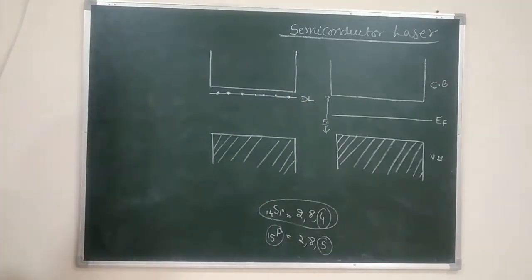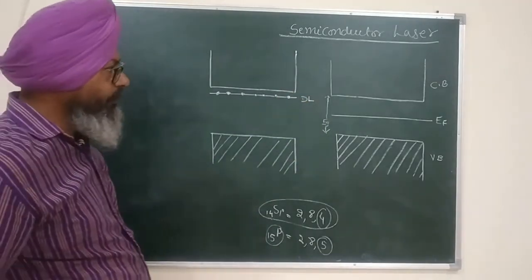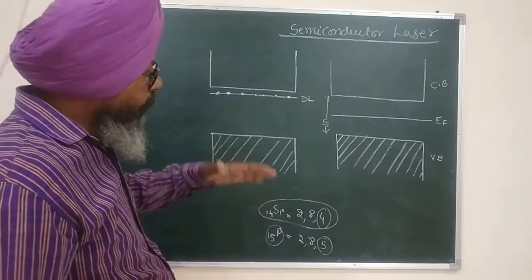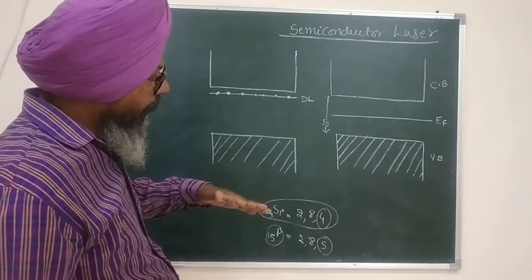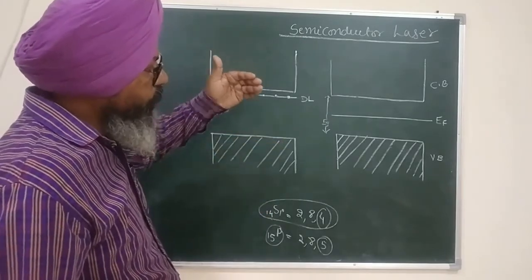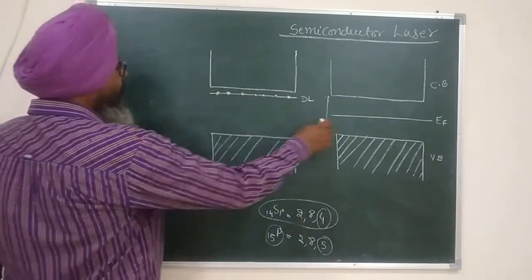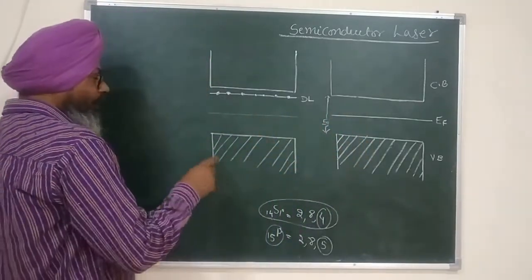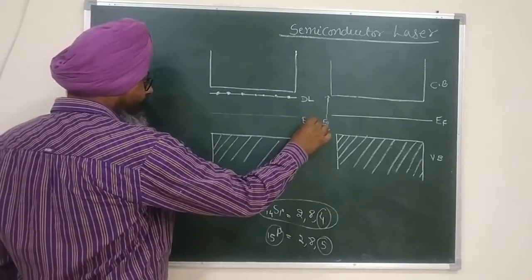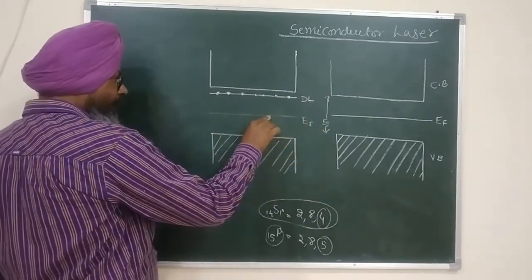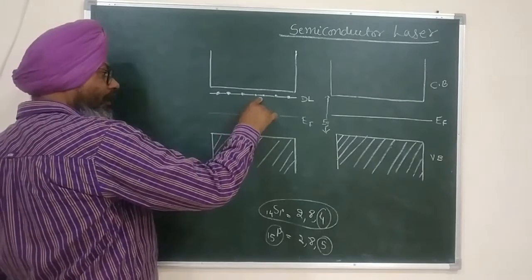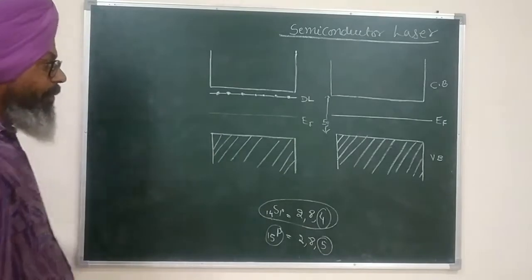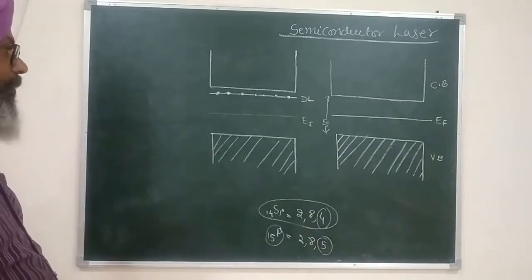Now what is going to happen if you just remember the definition of the Fermi level that I have just given to you? You know that below Fermi level no state could be empty, and above Fermi level no state could be filled. If I draw Fermi level at the middle here, just like in case of intrinsic semiconductor, then you can very easily see that this is Fermi level, and above it there is donor level, and donor level is filled, and therefore it will violate the definition of the Fermi level, because above Fermi level no level can be filled.